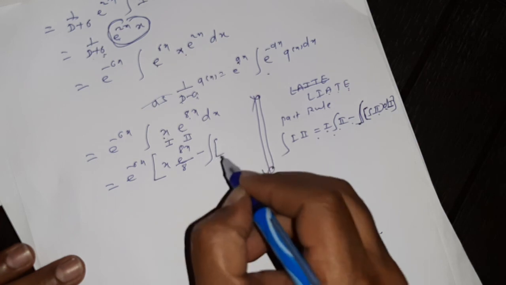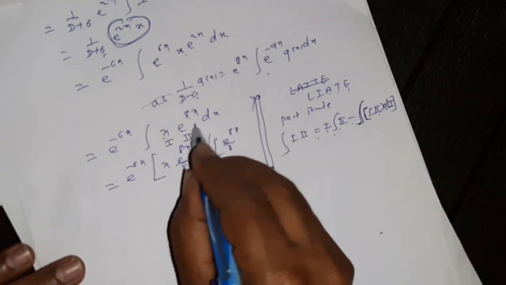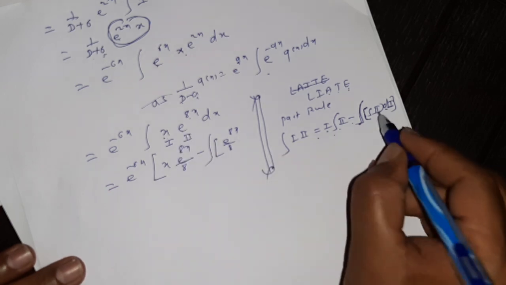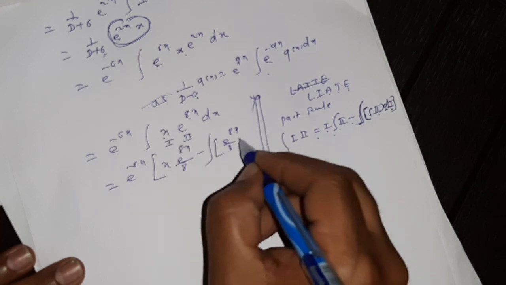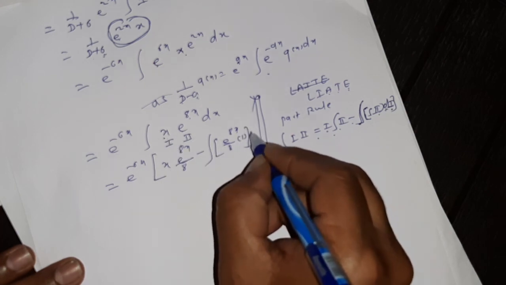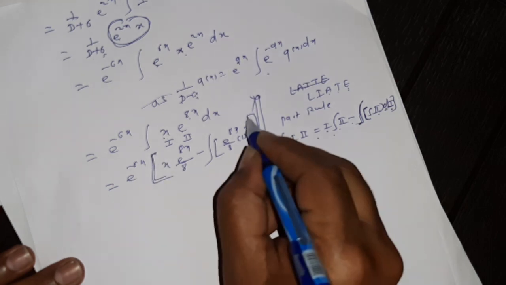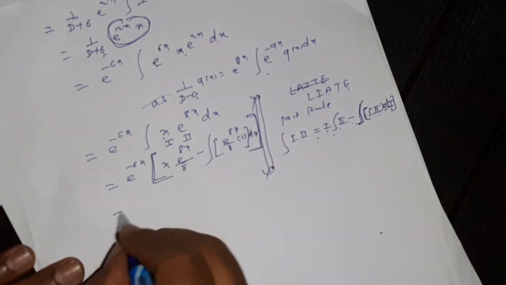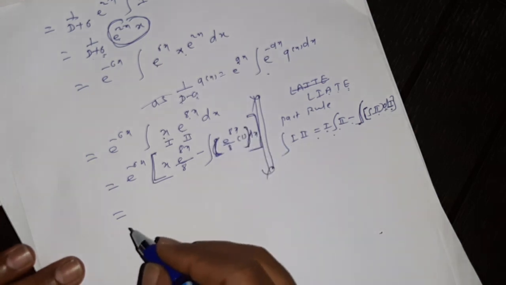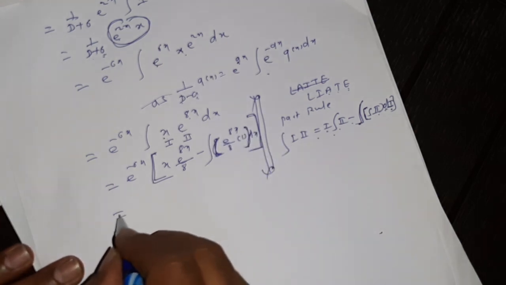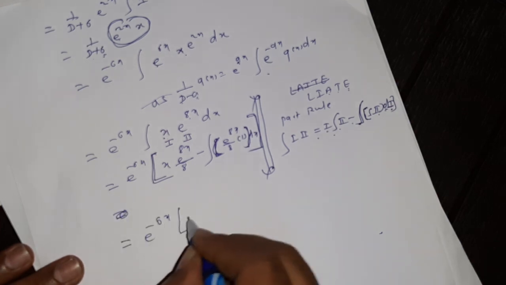in bracket, integration of second e raised to 8x by 8, integration of e raised to 8x, derivative of first, that is derivative of x is 1, bracket complete, dx, this bracket complete. Then it is equal to, right here round bracket, then it is equal to, next step right here, e raised to minus 6x in bracket 1 by